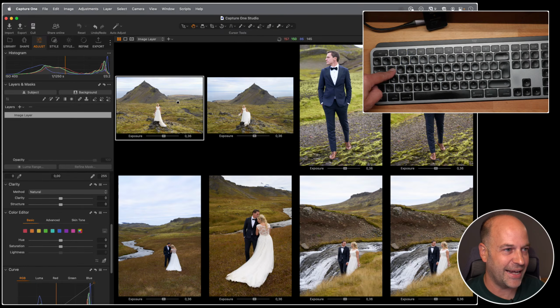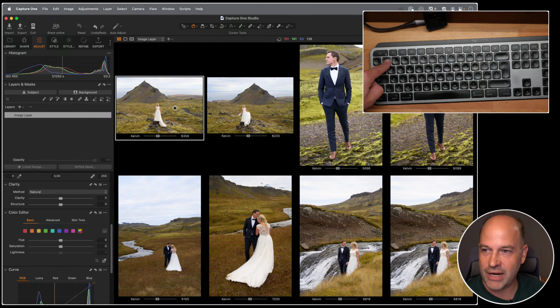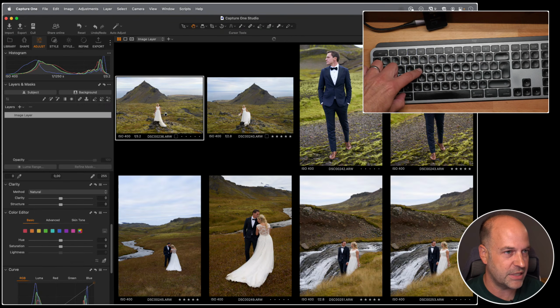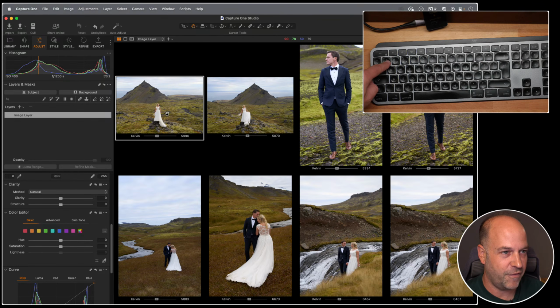which is good. And if I wanted to warm everything up, if I hold down 1, Kelvin pops up, and then as I drag, it will warm up or cool down. Now, the interesting thing about speed edit is that it doesn't change all the values to the same values. It's an additive or a subtractive process. So if I just hit Command R to reset everything, you can see they all have varying different values. Let's say the camera was on auto white balance and it had done a pretty good job of neutralizing everything and I was happy with that,